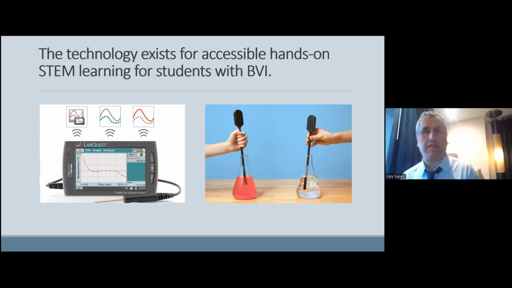Now, besides the Talking Lab Quest, that gets you a lot of access, but it doesn't get you total access. So then we've got information here about a second device called the Submersible Audible Light Sensor, or SALS. And this was a prototype device that was initially developed at Penn State University with a senior design electrical engineering team back in the mid-2000s to detect the formation of a precipitate, the evolution of bubbles, or the color change needed to be detected as part of an acid-base titration. So a lot of what Dr. Wright mentioned at her remarks using the color blind app,